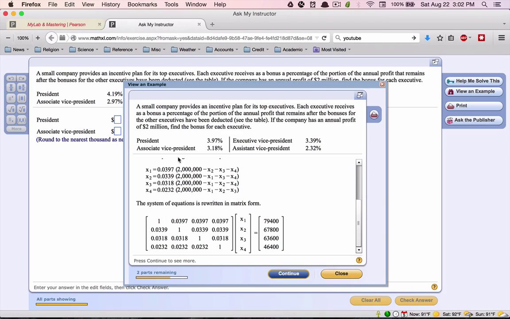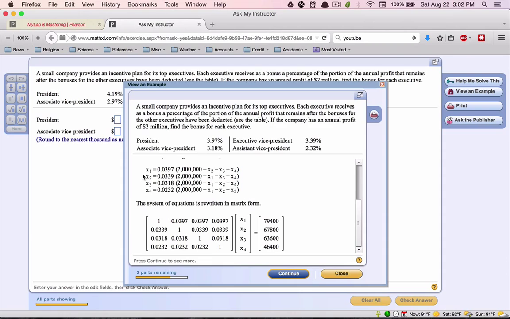Now, for this particular problem, you were asked to find and read the problem, turn it into a matrix problem, and solve the matrix problem. I've got the view and example up so you can see it. If you read the language, it says that if you get a particular percentage of the 2 million after all of the other bonuses have been subtracted. And so that gives you these four equations as basics, each of which can turn into a basic linear